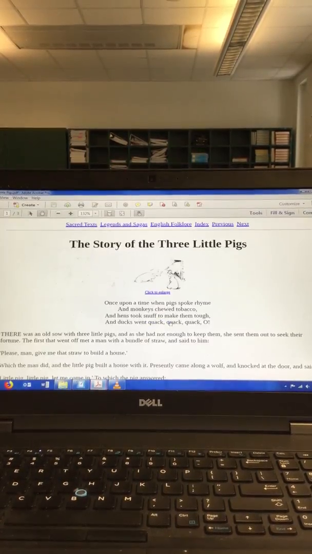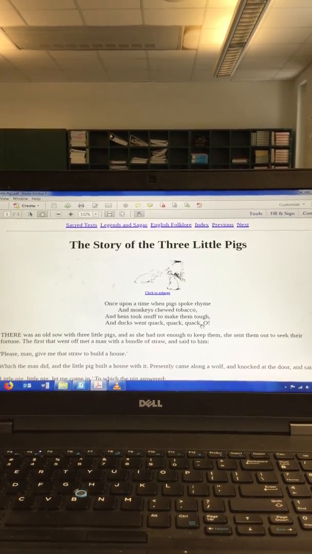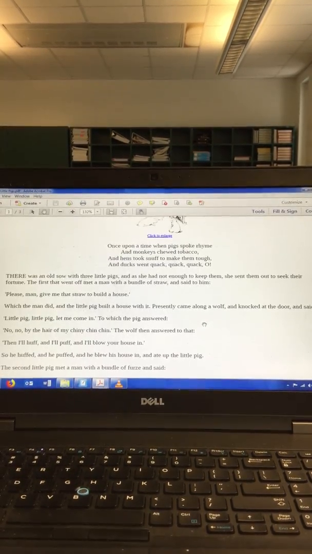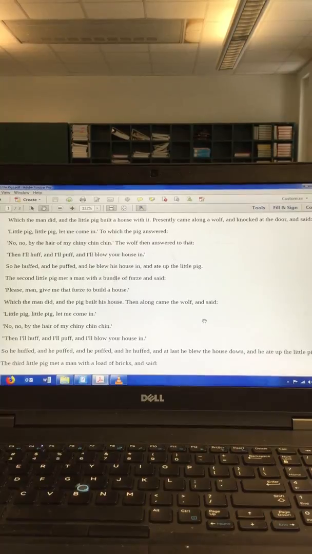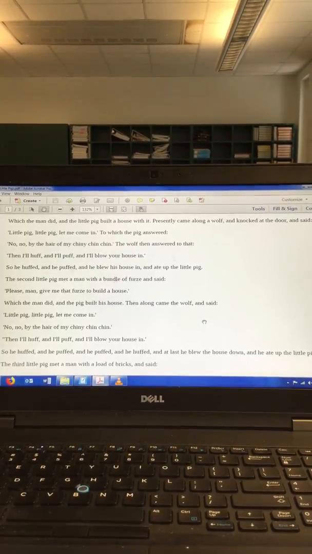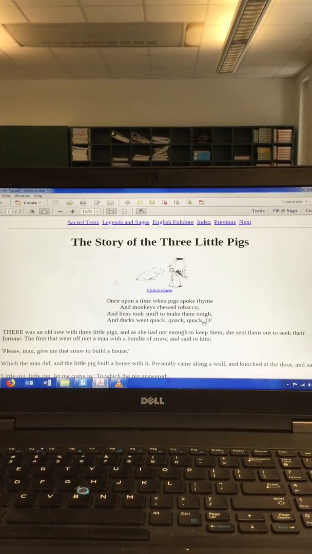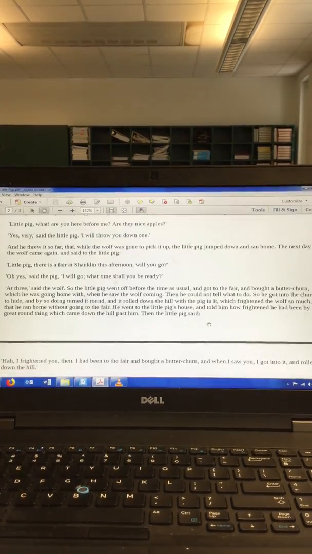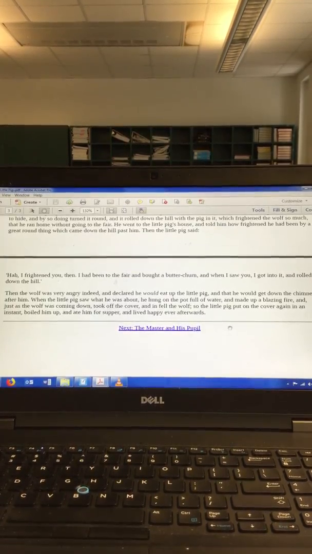So this is the text. It's the original story of The Three Little Pigs. This is chosen because, one, it's good to expose students to that kind of historical document, so seeing what the writing was like at that time. But also because the story changes a little bit with the